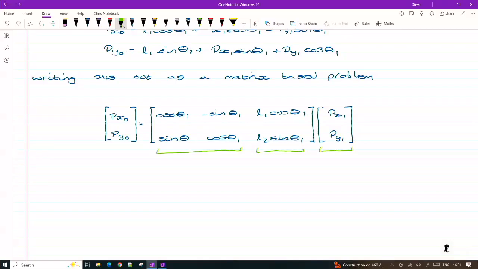So we have a number of things contained within this formulation. So the first is a 2 by 2 matrix that describes the rotation of frame